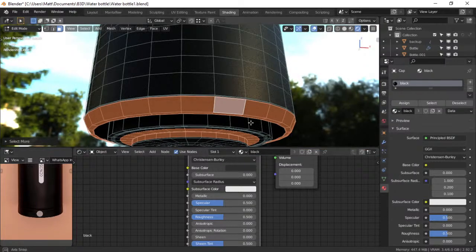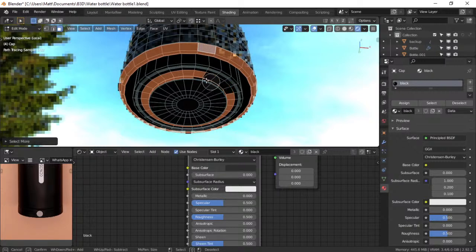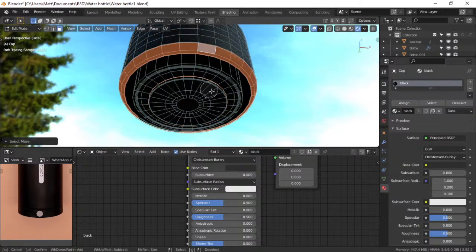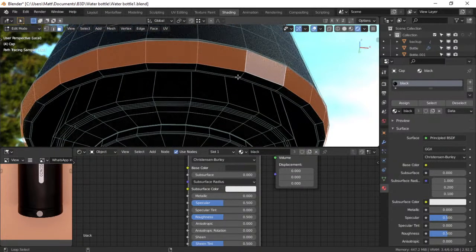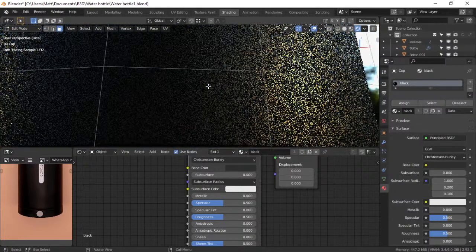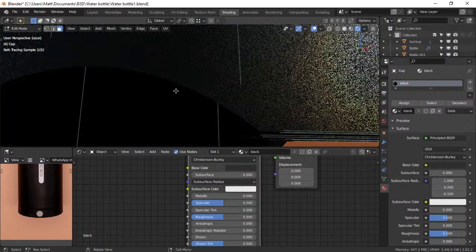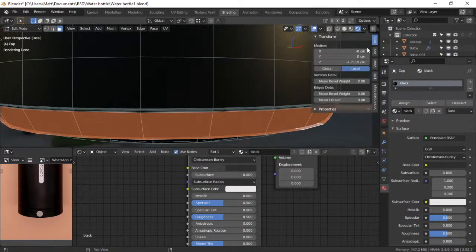And then we're gonna deselect these by hitting C. Actually, just that should work. Again, we have clipping issues. What you could do,